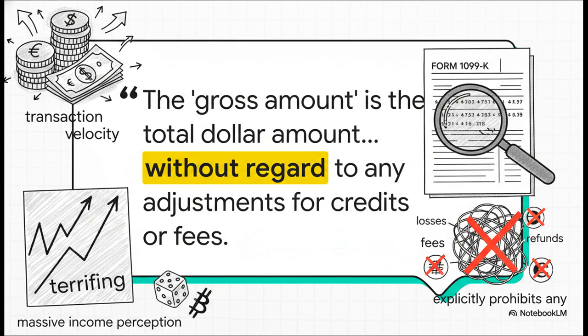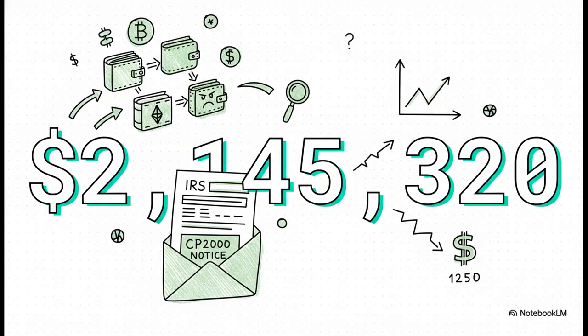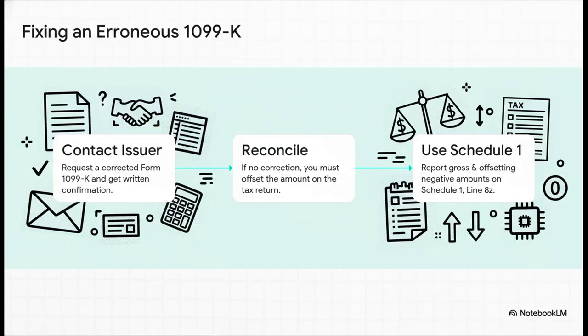So for a client who's a high-frequency trader or gambler, this creates a 1099-K with this enormous, terrifying number that looks like income but has almost nothing to do with their actual profit or loss. And this example just perfectly shows you how insane the disconnect can be. You could have a client with over $2 million in gross proceeds. Maybe they're just moving assets between their own wallets, right? And their actual real economic gain for the year is just $1,250. But if they get that 1099-K for $2 million and you don't account for it on the return, I can guarantee you the IRS's automated matching system is going to spit out a CP2000 underreporter notice. It's a mathematical certainty.